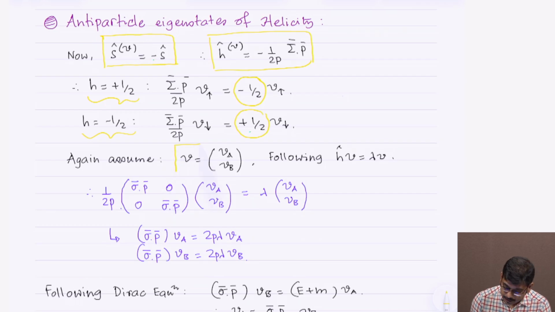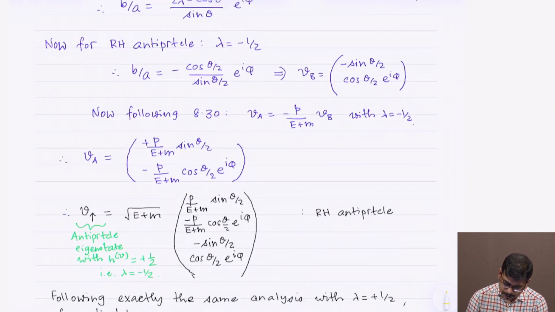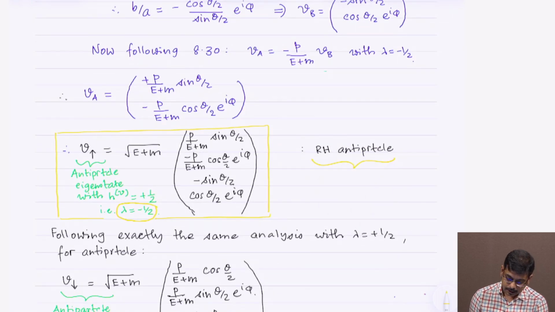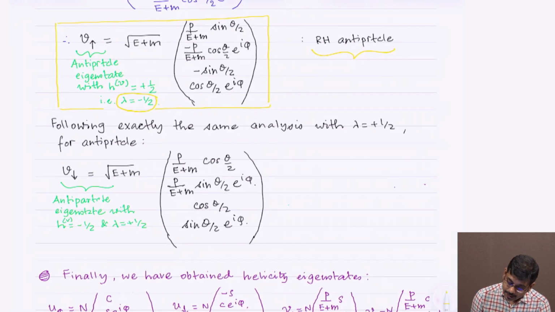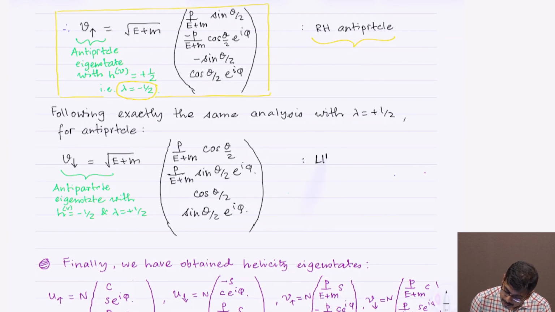The process is very, very similar. Following that same procedure, we are going to find these different components, and finally we have the hv equal to plus half, or lambda equal to minus half, eigenstate, which we call v up, and that is given by this spinor. This is the right-handed antiparticle, right? hv equal to plus half is actually the right-handed antiparticle. Similarly, this is the left-handed antiparticle,